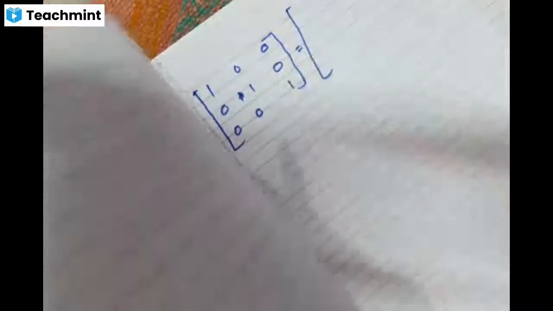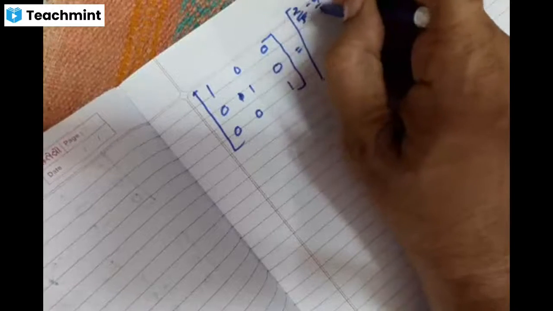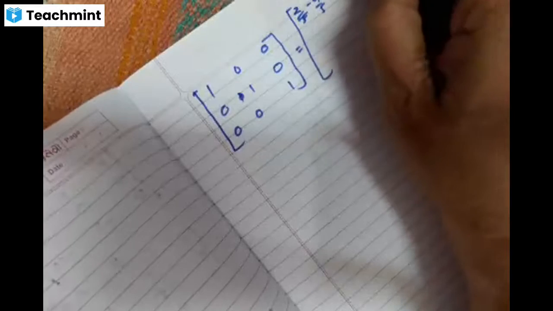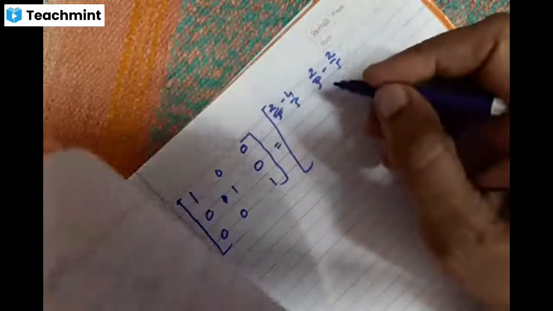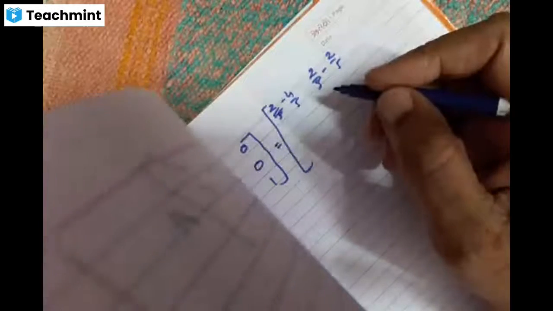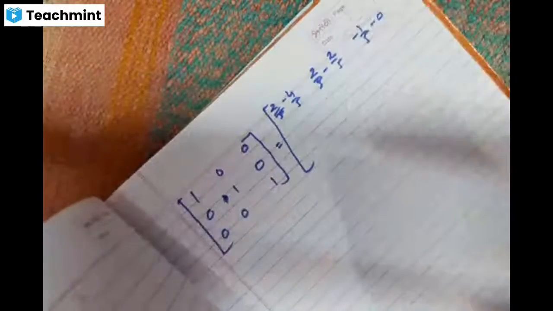Now on this side, because I turned off the turning of the page, I am writing the terms 2 by 5 and minus 4 by 5. Actually, no need to write; you can directly do it orally. 2 by 5 minus 4 by 5, then 2 by 5 minus 2 by 5. I am writing that number so that you understand what to do. And minus 1 by 5 minus 0. This is the first row operation.